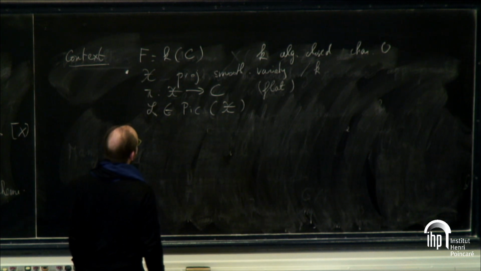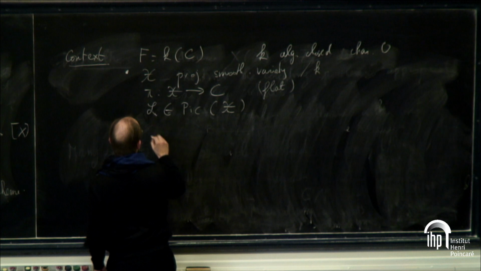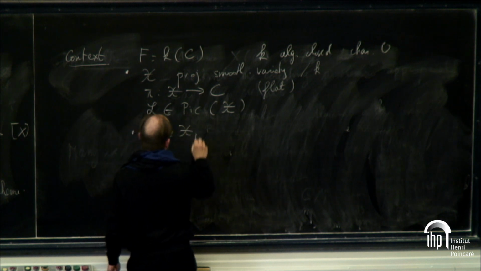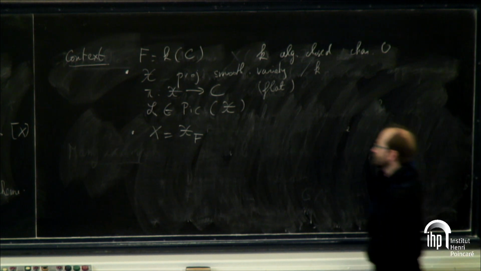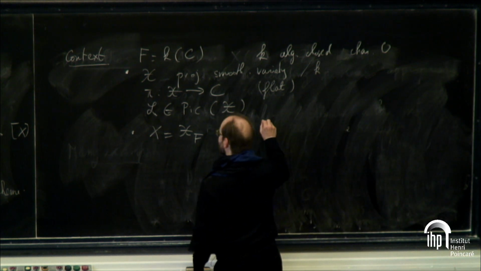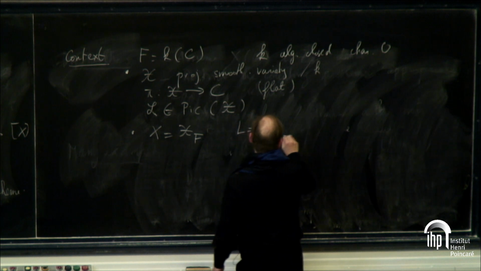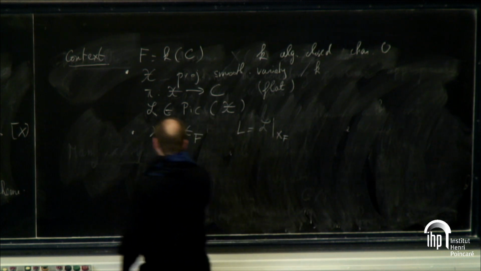And so she makes a hypothesis on the generic fiber of this. She writes the generic fiber, the variety over the field F, is just denoted by capital X. L will be the line bundle L restricted to X_F. And the assumption is that